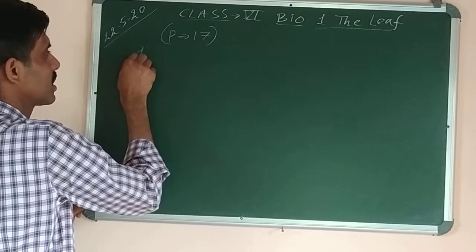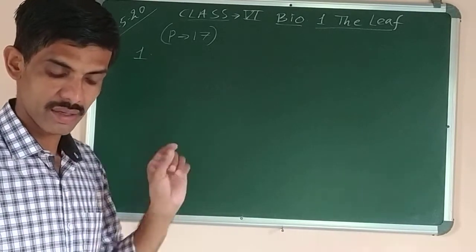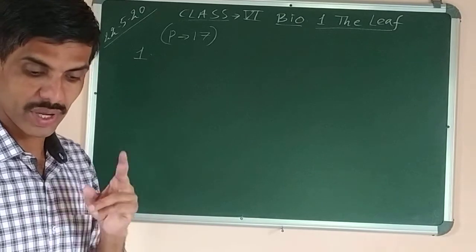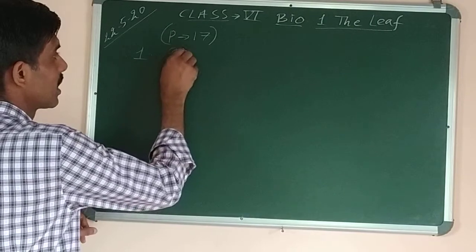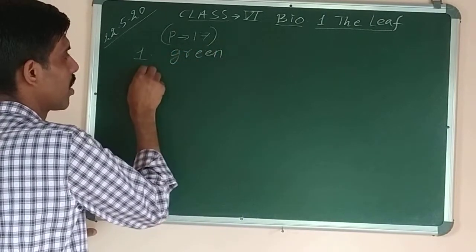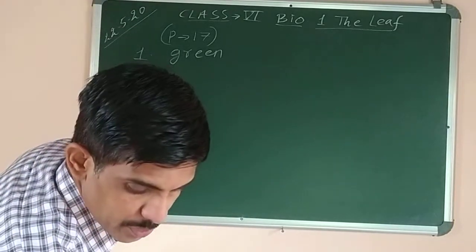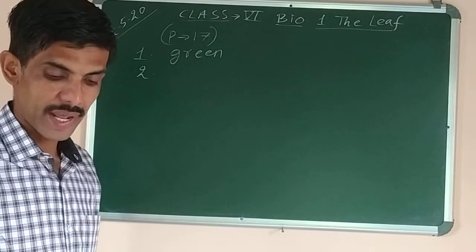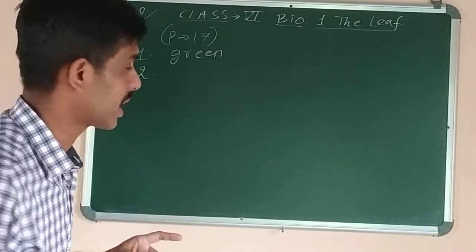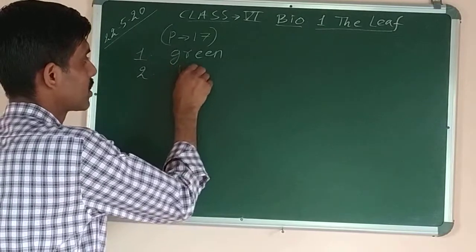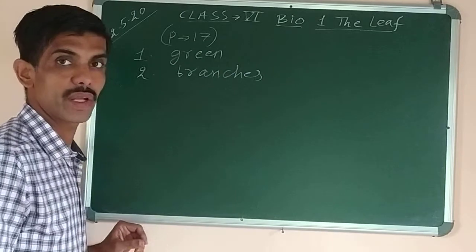Choose the correct options. What is the first question? Young stems are dash in color. The choice is brown or green. So the correct answer is, young stems are green in color, not brown. Then the second question: vegetative buds give rise to flowers or branches. The choice is between flowers and branches. So vegetative buds give rise to branches. It is not the flowers. Flowers are produced by the floral buds.